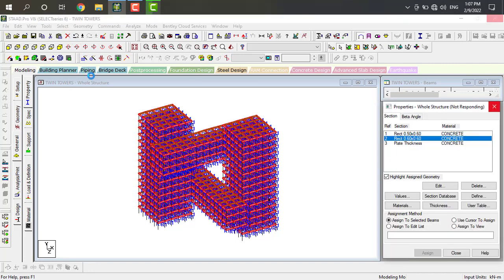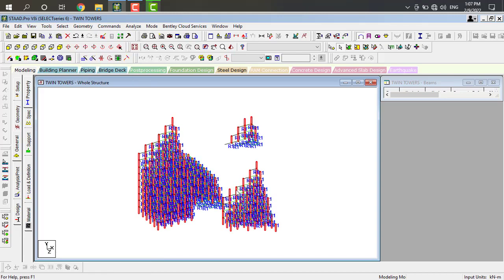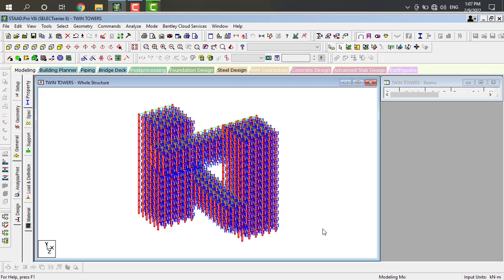Go to the select option. In this select option, I want to select the beams parallel to the Y direction. Like this, all our beams in the Y direction will be selected.